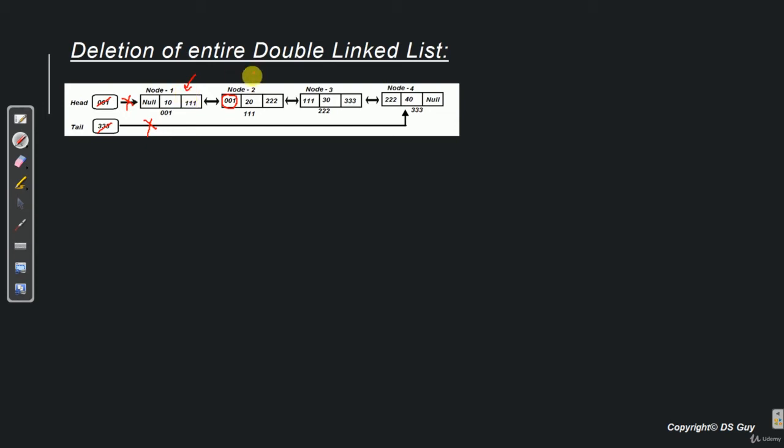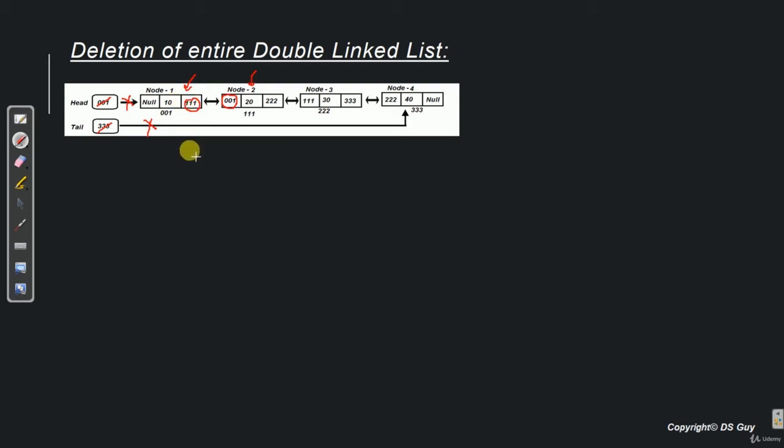Similarly, node 2 will not be deleted because it is being referenced by node 1. So you see that there is a deadlock kind of a situation. 1 cannot be deleted because of 2 and 2 cannot be deleted because of 1. So ultimately none of the nodes will ever be deleted.